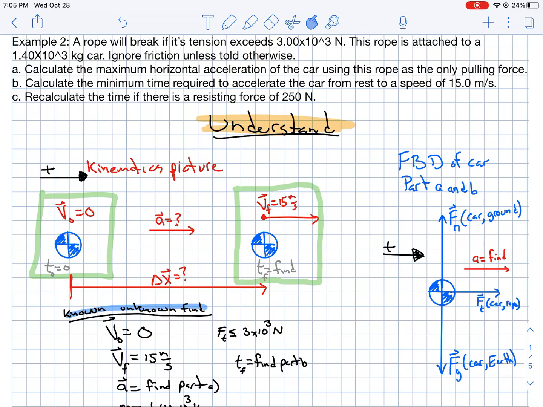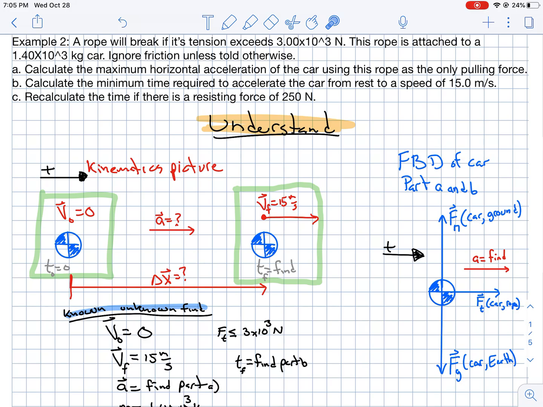Hey there, class. We're here to look at example 2 from our dynamics notes. To start this out, basically what we're going to do here is just take a look. This is a problem that involves both kinematics and dynamics. You'll notice here there's our familiar kinematics picture as well as our dynamics picture, known as a free body diagram. So basically what we have going on here, we have some car,